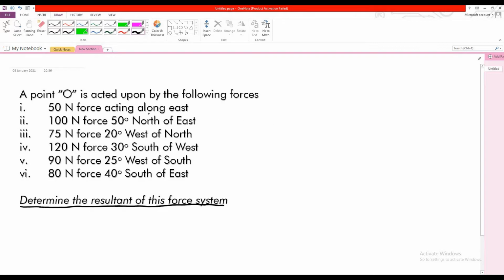Now here no diagram has been provided, only some data regarding the forces has been provided, and six forces are here, and the forces are shown to be acting along some direction, north, east, west and south. So first of all, in order to generate that XY axis conventional system, we have to first establish how this NEWS can be drawn.